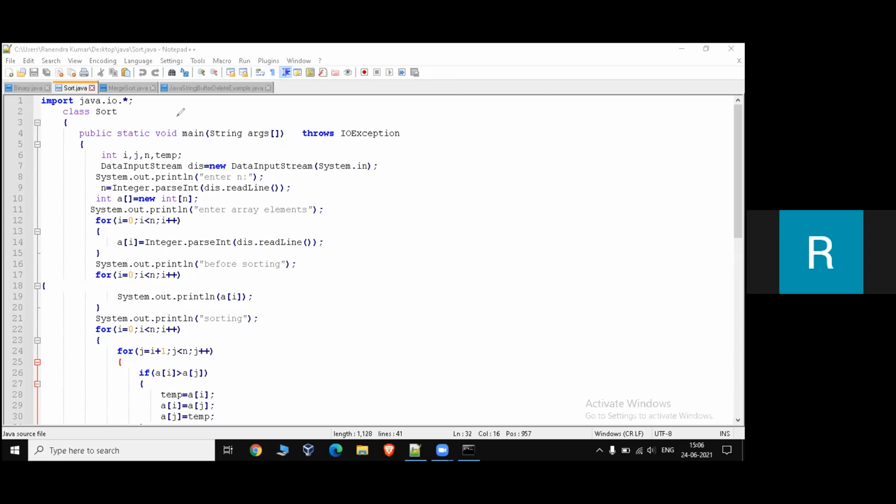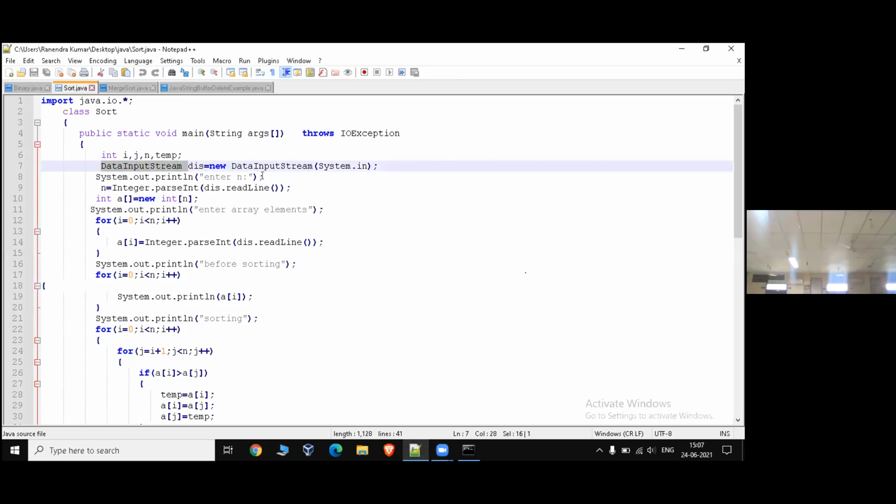Next is bubble sort. Here we declare a main class and we declare some variables. This is a predefined class which is used to read input from the user. Here the array is initialized.